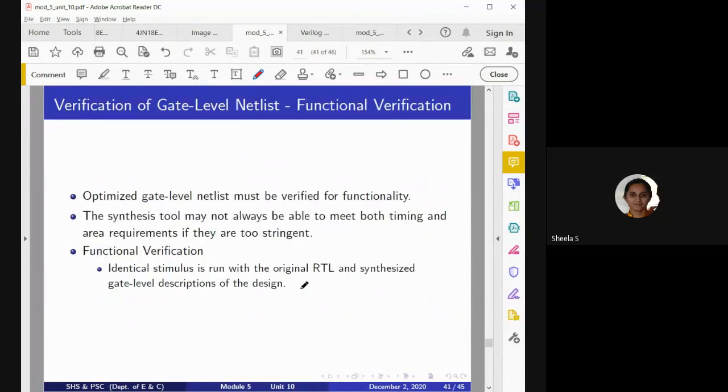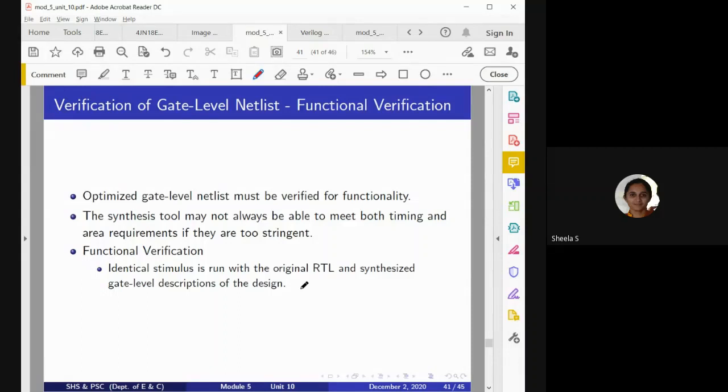And finally, the last thing we have is verification of the gate level netlist. So in this verification, in order to check the functionality of our program, we have simulated. Okay, the same inputs will be given to verify the corresponding layout built by the synthesis tool.